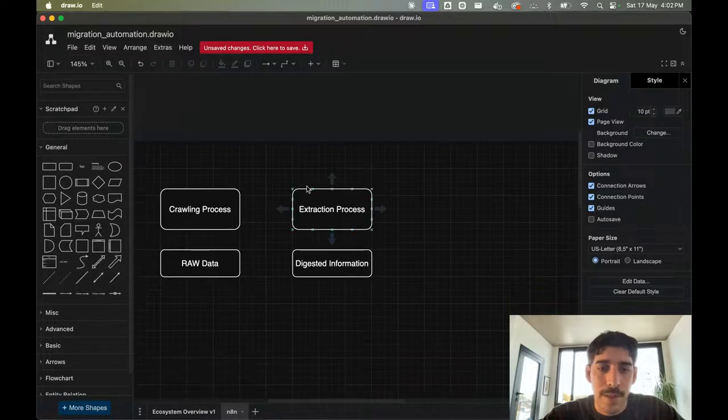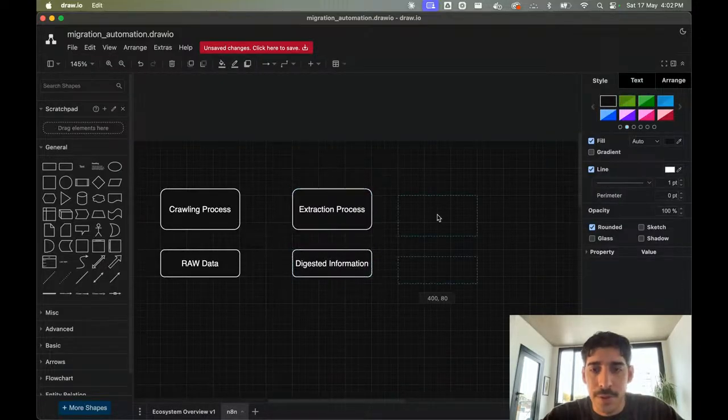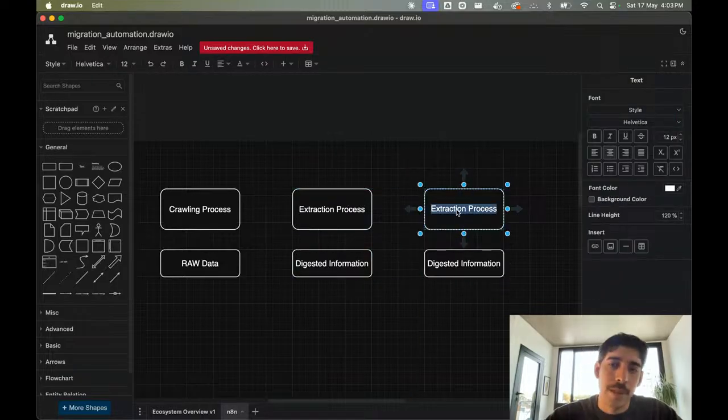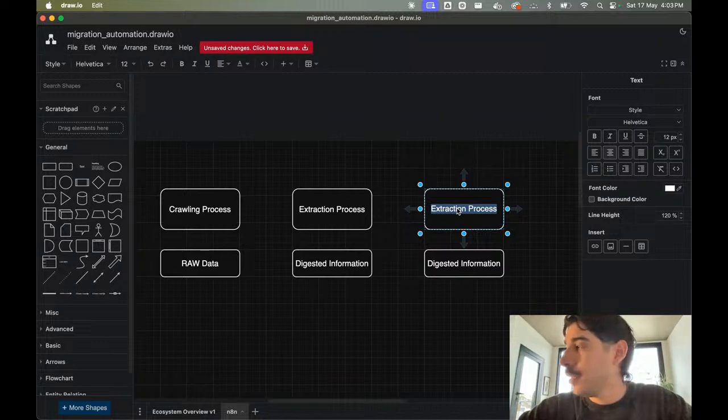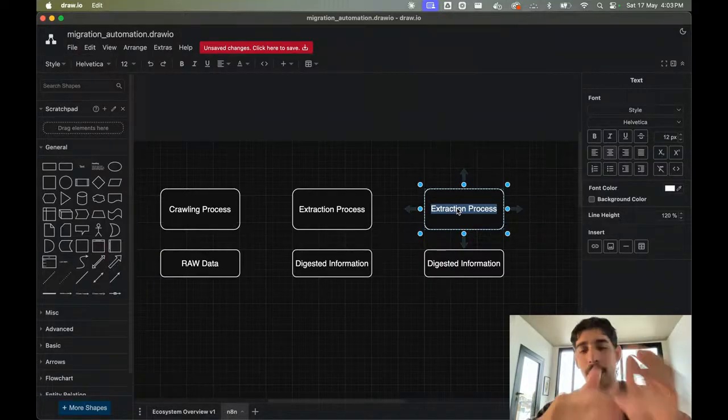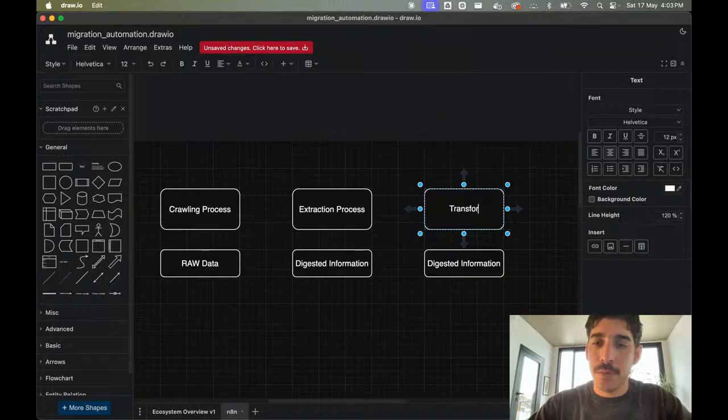So then you could have another process over here. I don't like rewriting and digestion either, so you could have some transformation.